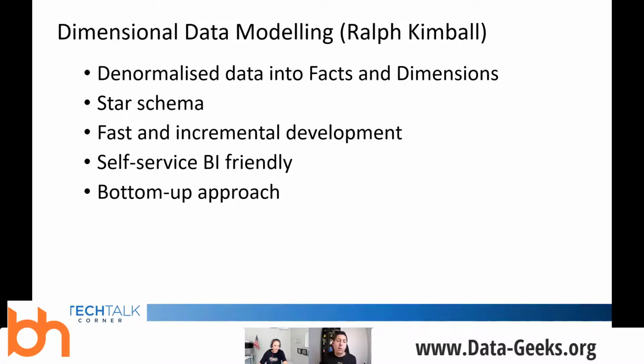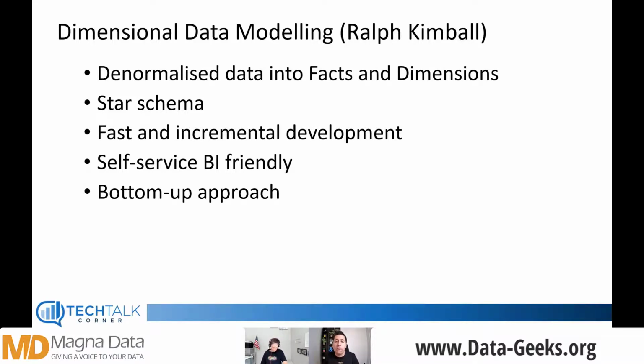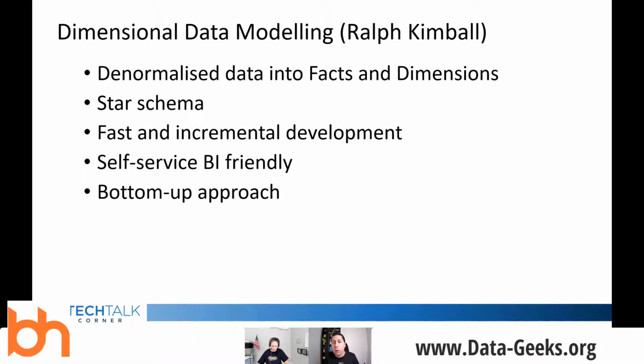So you follow a bottom-up approach. That means that you're going to create data marts incrementally within your data warehouse environment. You create one, and then once you create the second data mart, you have some dimensions that are shared across those data marts. Good examples could be the date dimension that is going to be shared across most of your star schemas, or it could be a customer or demographic entity.